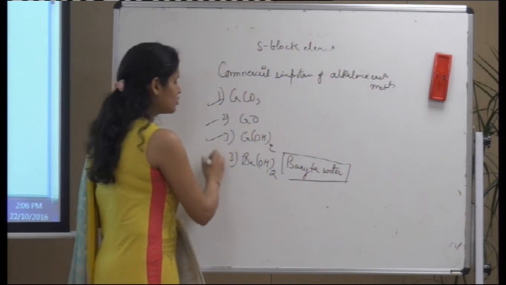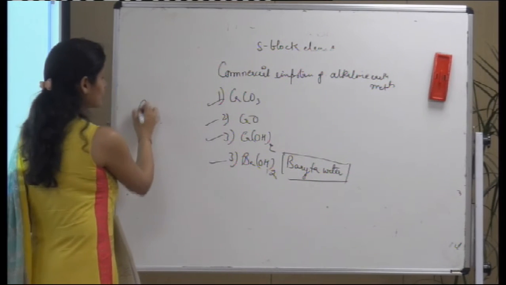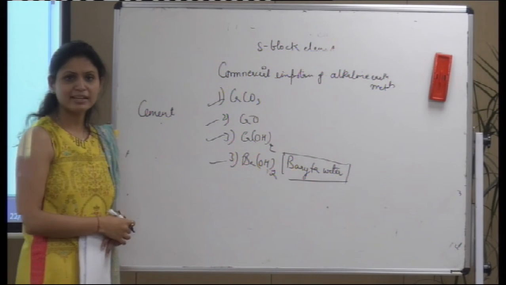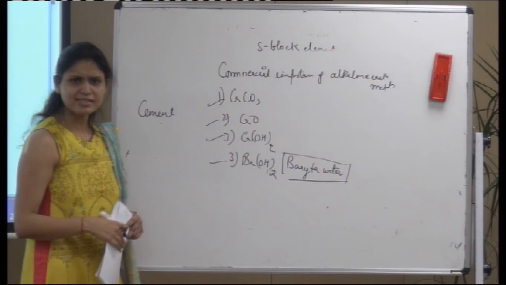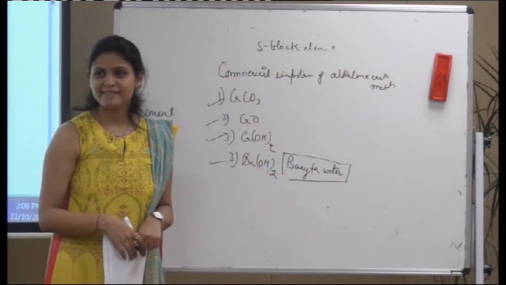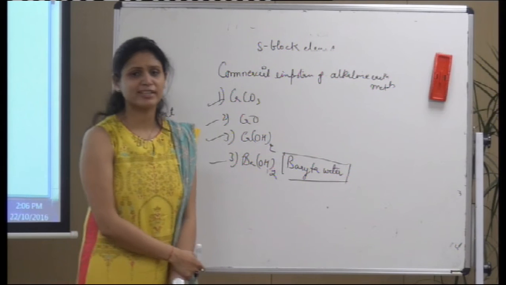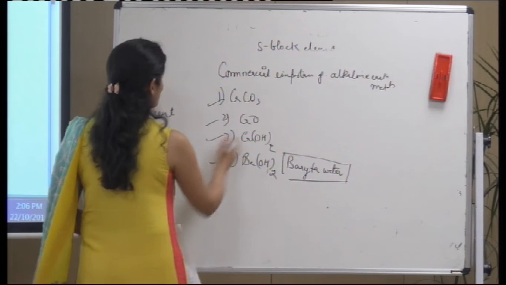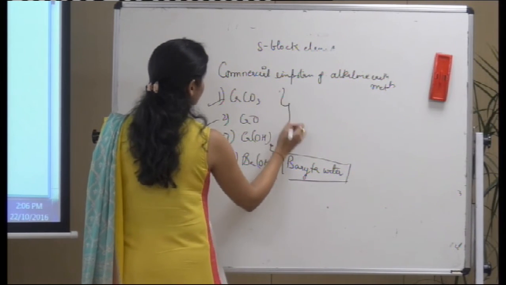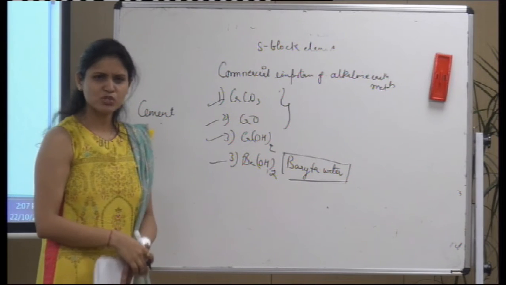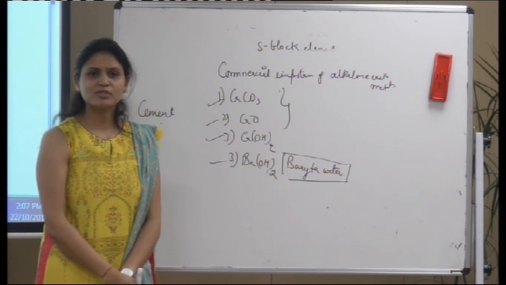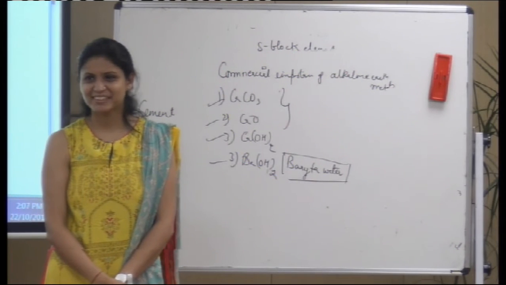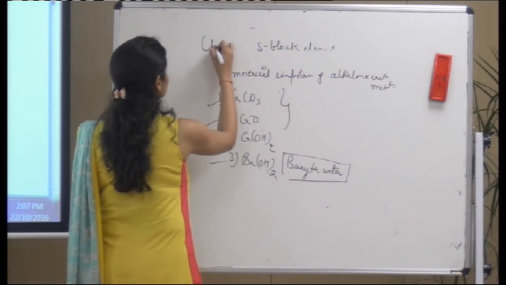These are used in the manufacturing of cement and any other application in building materials. In cement, and any other application of calcium carbonate and calcium oxide? Purification of sugar. No, for that we use activated charcoal. What is activated charcoal? Charcoal is obtained from